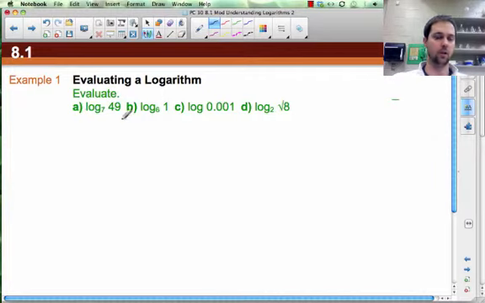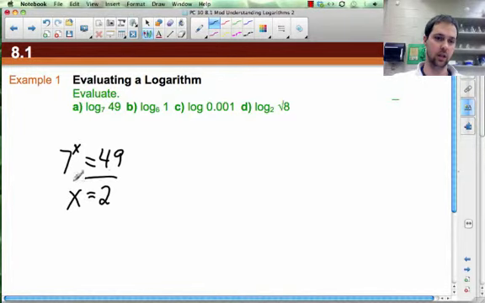So, evaluating a logarithm. Evaluate the following: log base 7 of 49. So this means 7 to the what power will give you 49? And we can solve this just by inspection. We know that 7 times 7 is 49, so 7 squared, 7 to the power of 2, therefore x equals